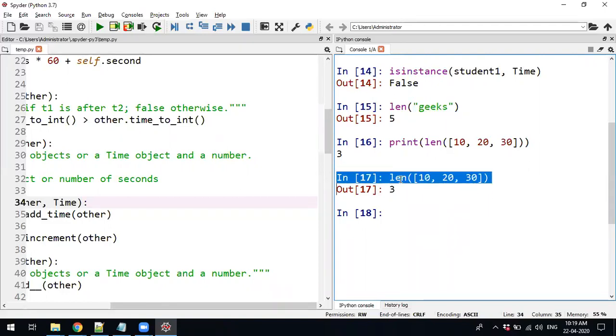This demonstrates that Python supports polymorphism. This length works for tuples, it works for lists, it works for strings. This is how you can say that Python supports polymorphism.